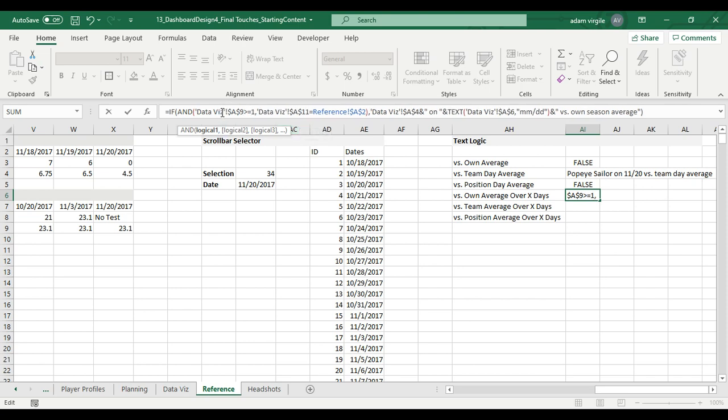So if the DataVis past number of days we select is greater than or equal to 1, and the name in our selection criteria is equal to self, essentially we want to do the same thing. Popeye the Sailor on this date, that never changes. We're always comparing that to something else. We can say versus, and then we can say own average